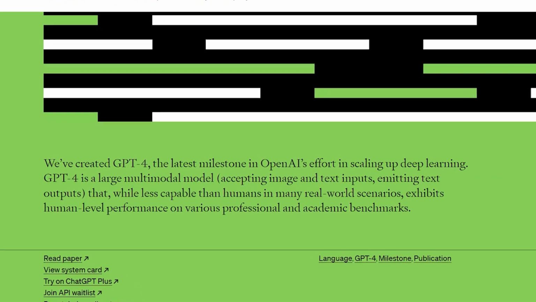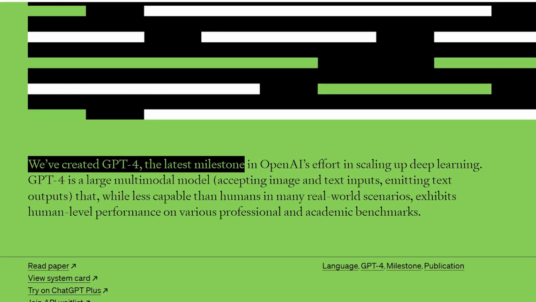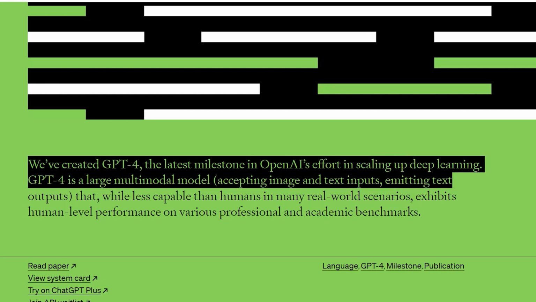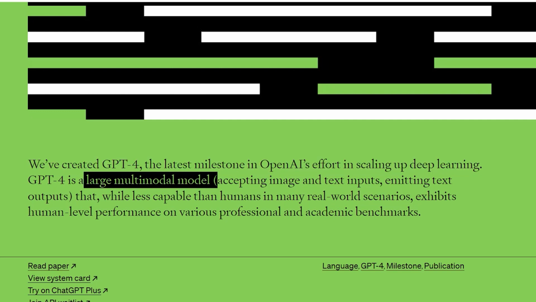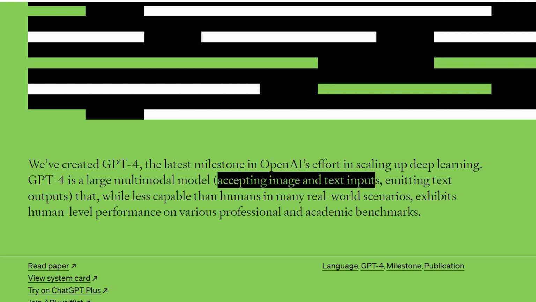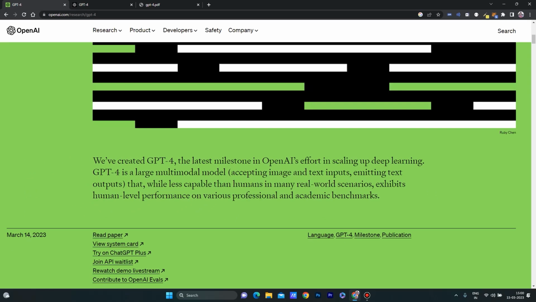As you can see, it is written: we have created GPT-4, the latest milestone in OpenAI's effort in scaling up deep learning. It is a large multimodal model. What does multimodal mean? It means that it can now accept image and text inputs, emitting text outputs. So now in ChatGPT you can input images as well as text in order to generate certain answers. While less capable than humans in many real world scenarios, it also has some limitations. Now let's see